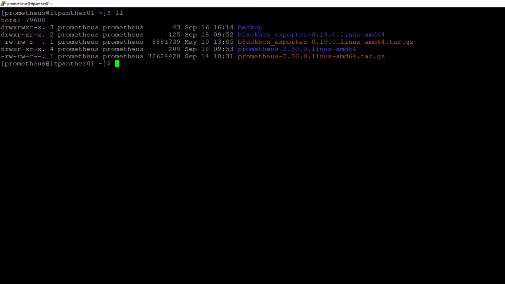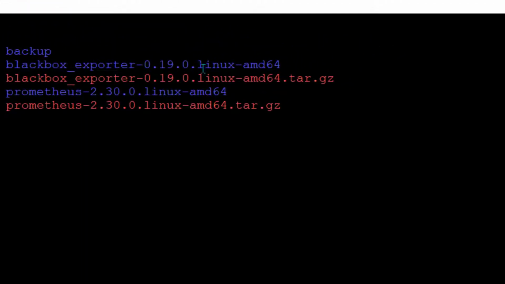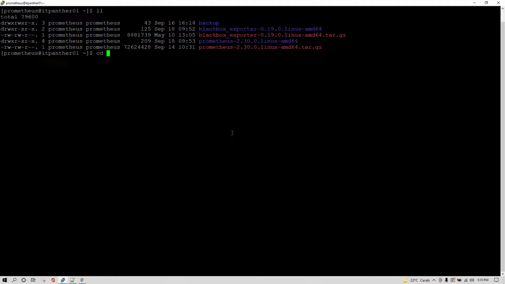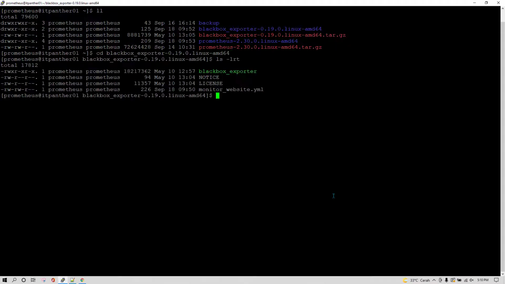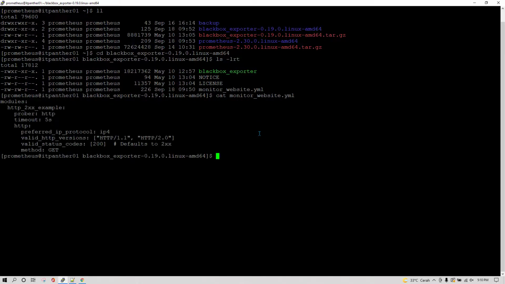After you download, you need to uncompress it. Then you will be seeing Blackbox exporter directory, which you can see here in this case. And then once you go inside this directory, you can see by default we have blackbox_exporter, and then there is going to be a configuration file which is going to be called blackbox.yml file. Now I have changed that. I have created a new file which is called monitor_website.yml file, and in this file I'm going to keep the configuration. So now let me show you what is the configuration which we have kept here.